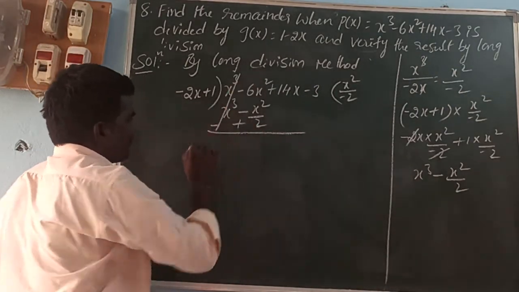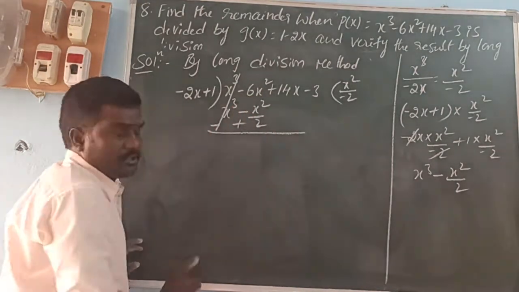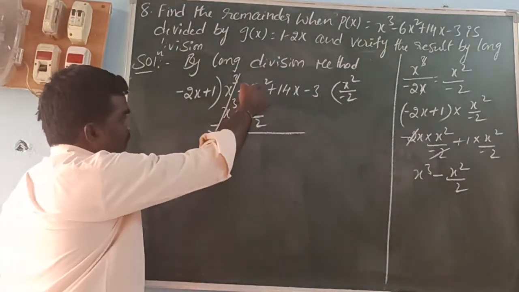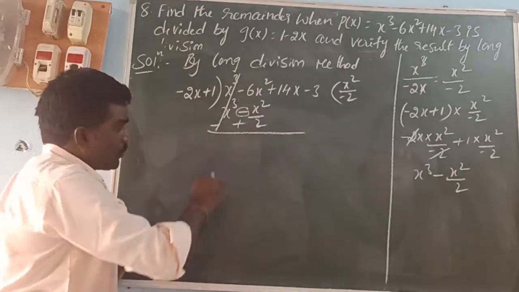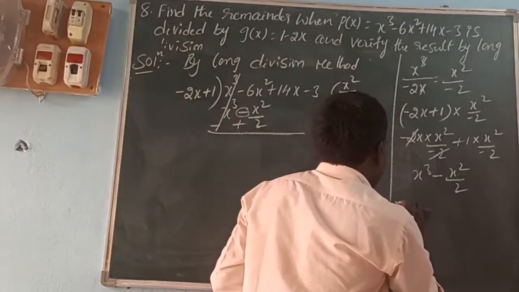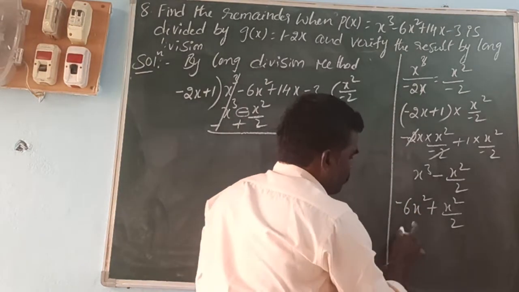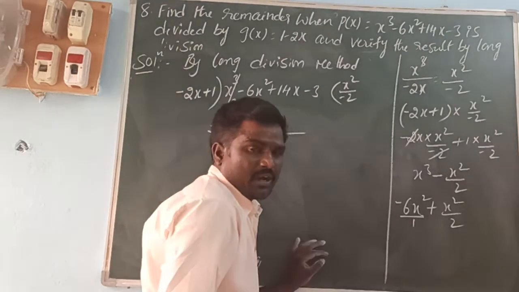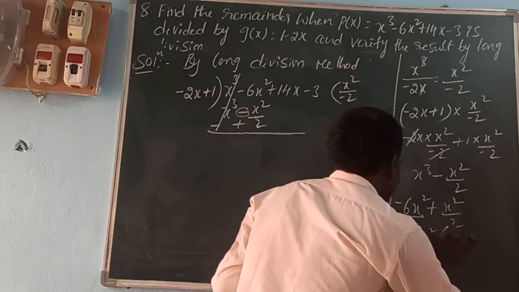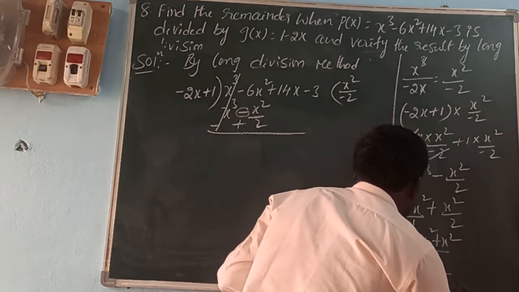So plus x cube minus x cube cancel. So here minus 6x square plus x square by 2. Neglect this sign. When you subtract, the signs will change. So here these two are like terms. Their coefficients are different here. Minus 6. Here the coefficient is 1 by 2. So here minus 6x square plus x square by 2. So it is the fraction form. Minus 6x square we can write as over 1. Now we can do the cross multiplication. 6x square into 2, minus 12x square plus x square by 2. So that is here minus 11x square by 2.